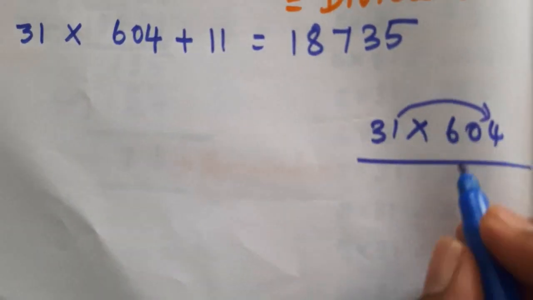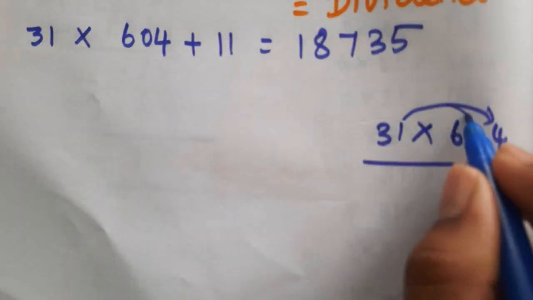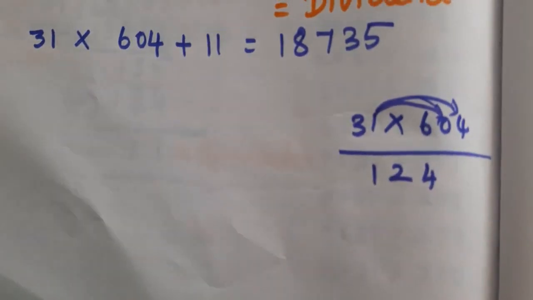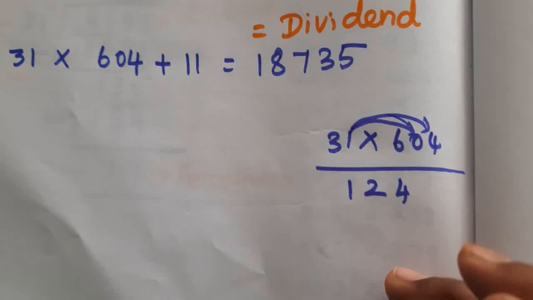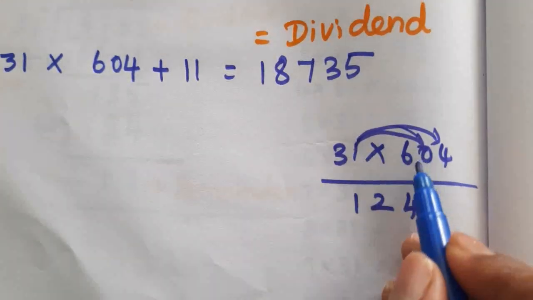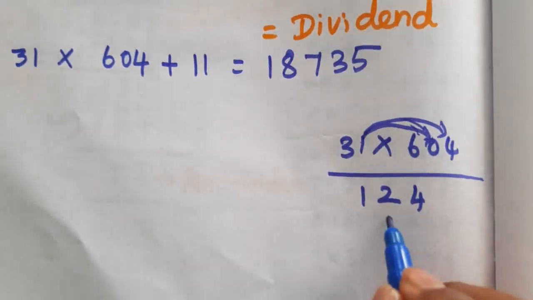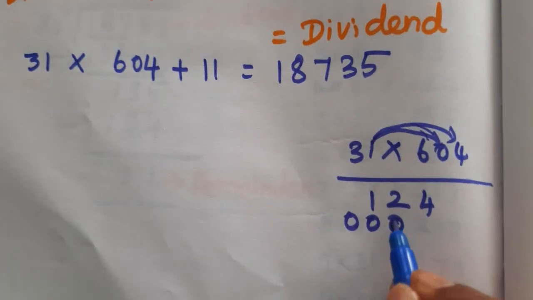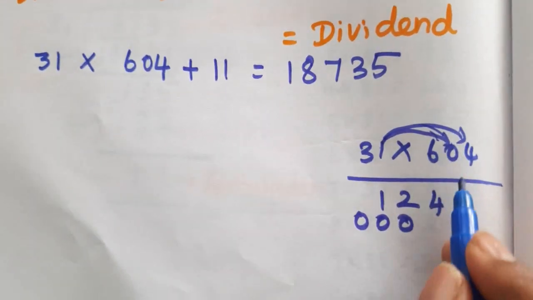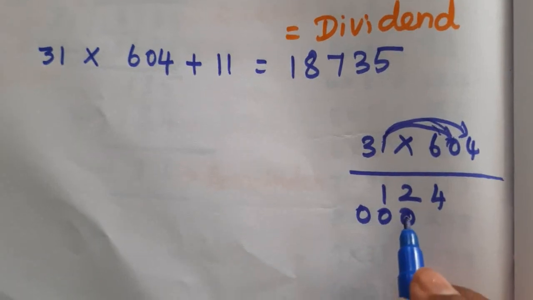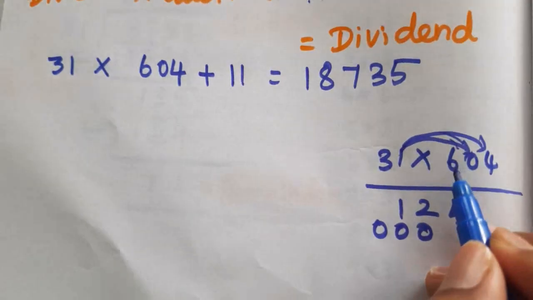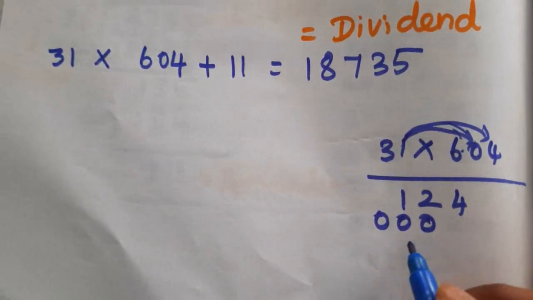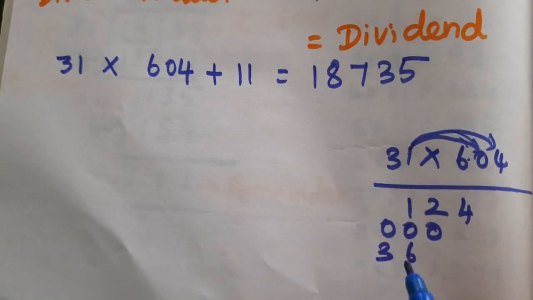First you have to do the 4. 1 4s are 4, 3 4s are 12. Next it's a 0. Any number multiplied by 0, the product is 0. 0, 0 and then 0. Why I wrote that number after the digit is because 0 is in the tens place. So you have to leave the ones place and write the answer in the next place. Next it is a 6 in the hundreds place. So here also we have to leave one place. 6 ones are 6. 18.